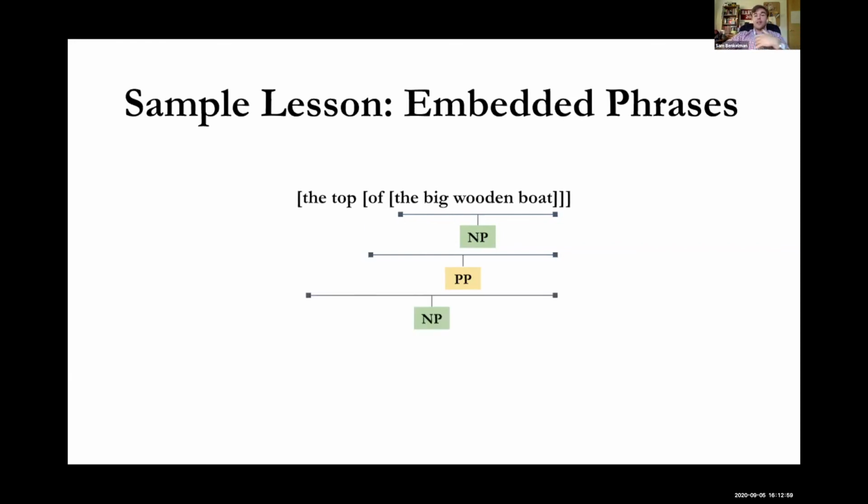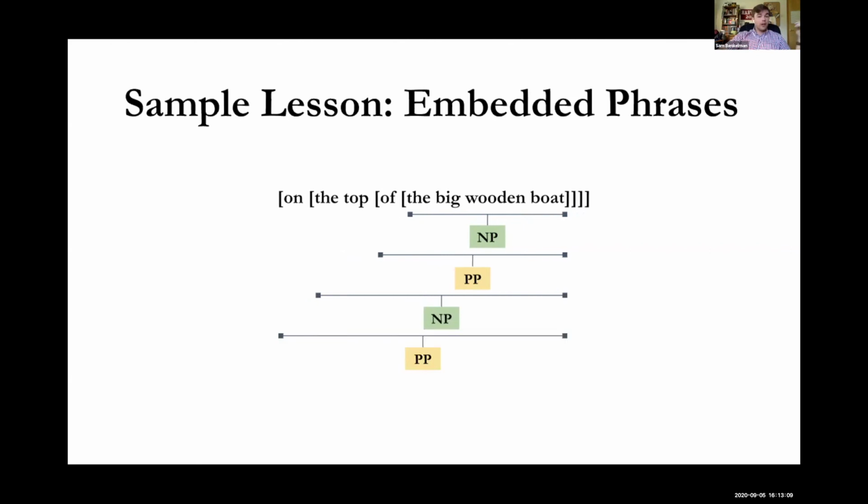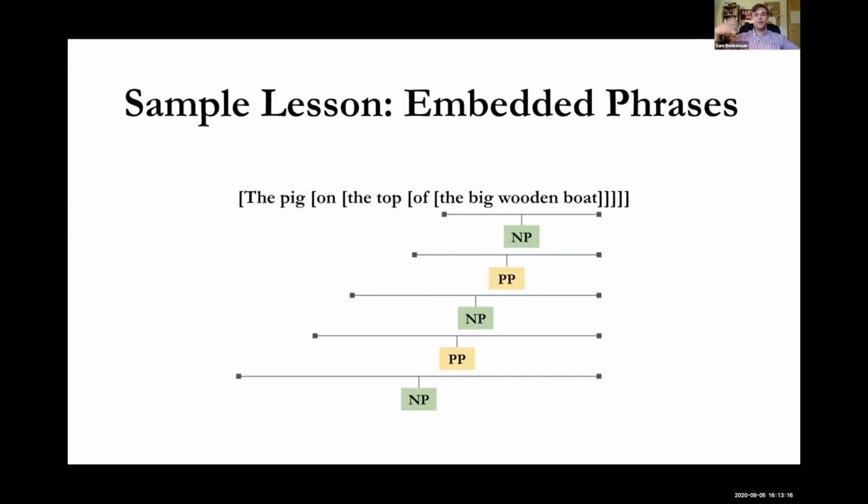So I can say the top of the big wooden boat, right? Now I have a bigger noun phrase that contains the other two. And these each uniquely identify one sort of part of the sentence. We can keep going. On the top of the big wooden boat, right? So we have 4 phrases embedded within each other. And then we can even go further. The pig on the top of the big wooden boat, right? So we can keep going and adding these phrases